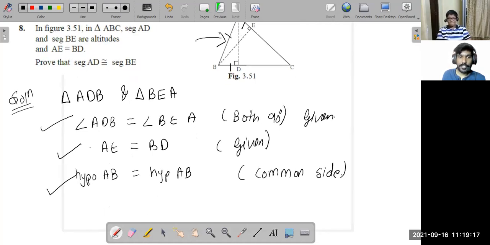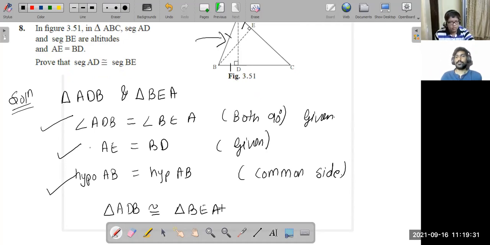So both these triangles will be congruent to each other by which test? By which test will it be congruent to each other? Angle side angle. Right angles. They are right angles. One side of both the right angles are equal, and hypotenuse is equal. So what test do we use? Hypotenuse side. Yes, hypotenuse side test. By